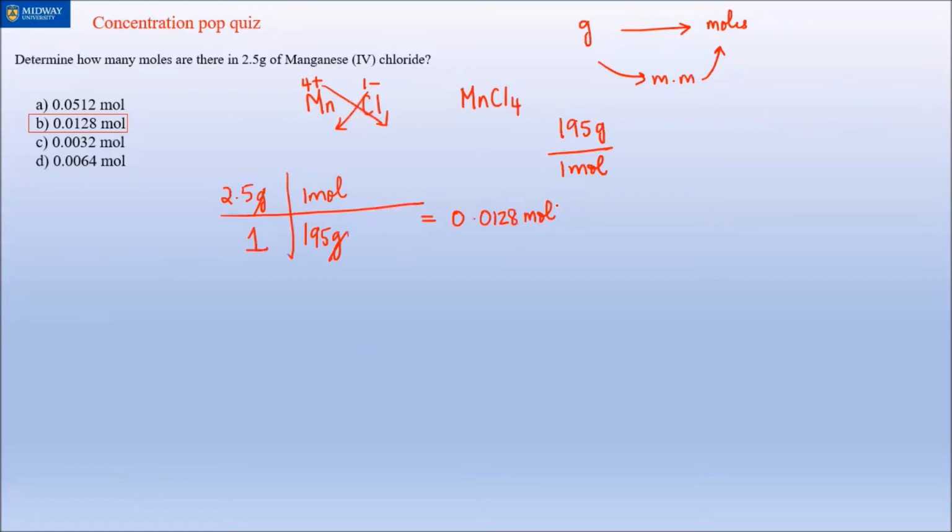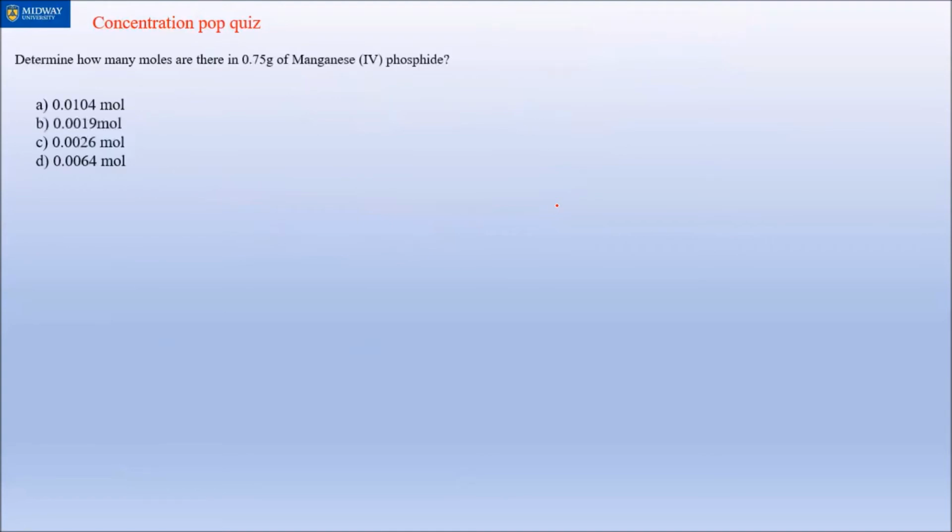Good. I've got one more question for you, just like the same thing, but sometimes 2 is better than 1. So I'm asking you to calculate how many moles are present in 0.75 grams of manganese 4 phosphide. Your first job is to figure out the formula. Manganese is Mn, and the 4 goes with the manganese, and manganese is a metal, so it's plus. Phosphorus is 5A, so 8 minus 5 is 3, and it's a non-metal. And we swap, we get